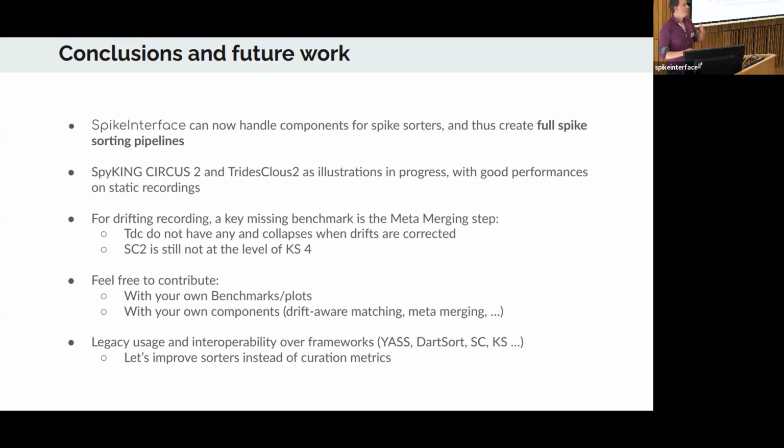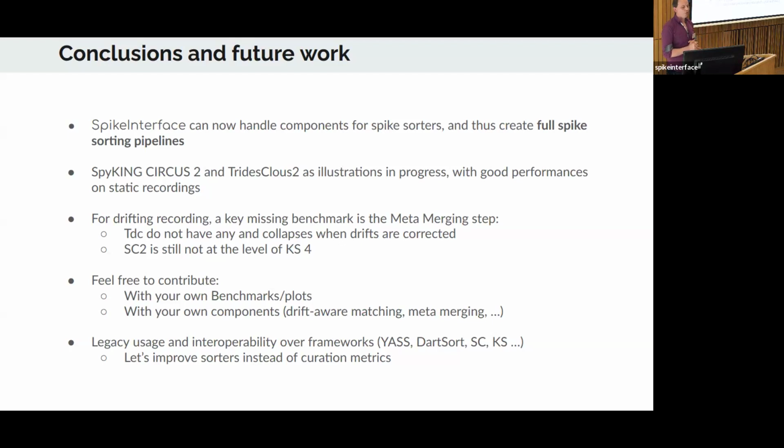So Yass, for example, was a sorter that was dying even before being used, sometimes because of the language used or the fact that the postdoc disappears and so on and so forth. At least here the idea will maybe live a bit longer than the person doing it and will benefit the field for a longer period of time.